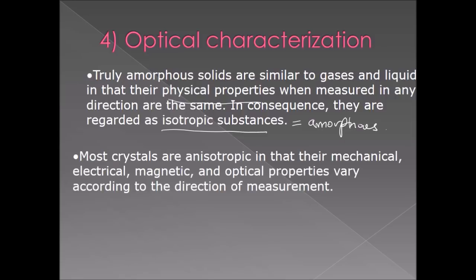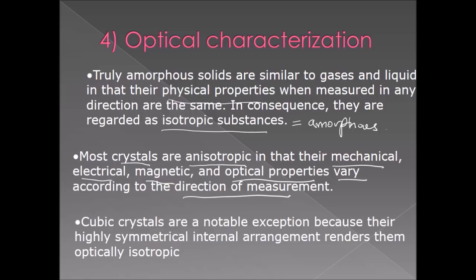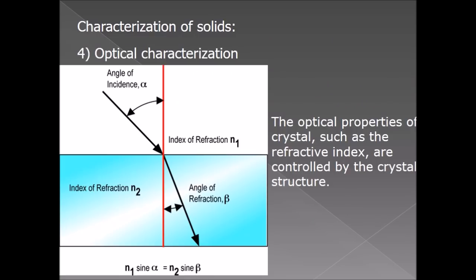Most crystals are anisotropic, in that their mechanical, electrical, magnetic and optical properties vary according to the direction of measurement. Of course, there are some exceptions, for example the cubic crystal. They are an exception because of their highly symmetrical internal arrangement, and that's why cubic crystals are still called isotropic solids. The optical properties of crystals, such as refractive index, are controlled by the crystal structure, and usually a crystal is